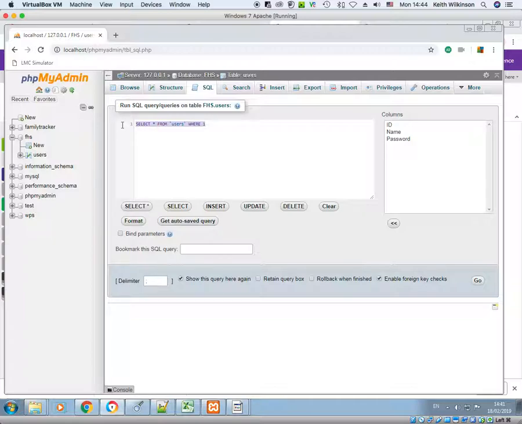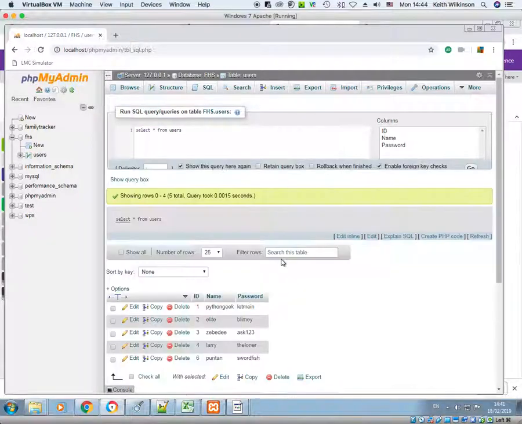As you can see, select all from users. Okay, I'm just going to type that in now. What I do want you to notice is that here it's got users in speech marks, and we don't really need to do that, not at the present time. So select all, and it's good if you think of the star as all from users, and when I run that query it's going to give me